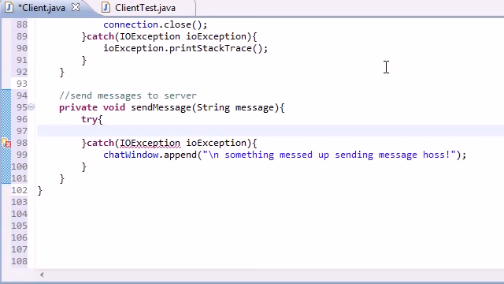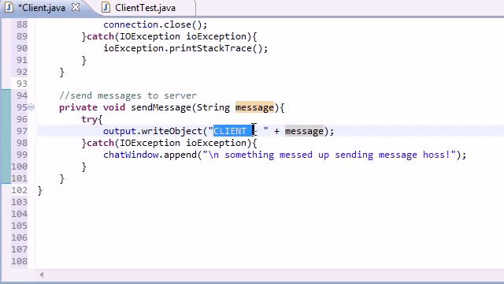So now we can go ahead and throw something in the try. So just like before, what we're going to be doing is we're basically going to be creating a string object and sending it through our output stream. So in order to do that, go ahead and tap into your output, writeObject. And what object do you want to write? Well, first write who it's coming from, "CLIENT - " plus message. So basically, whatever message you write, such as, hey, what's up, it's going to be treated as this message,